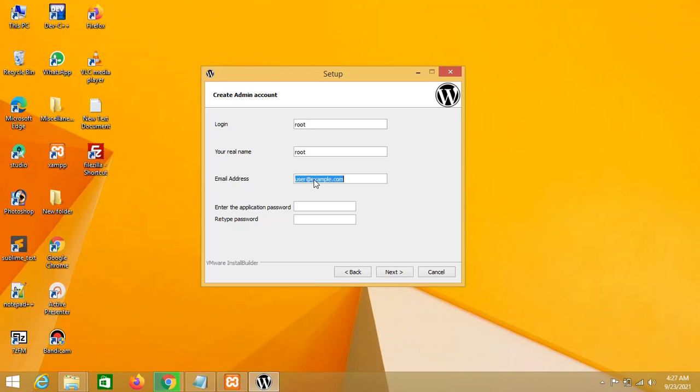The email address I am using is, and the application password I am using, and click on next.